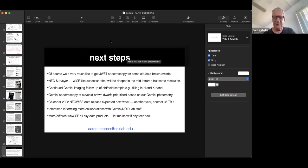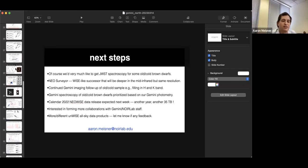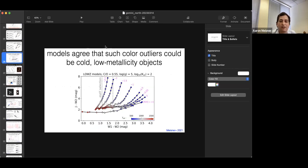I only got a quick look at your infrared spectra. It was surprising, and I guess due to the low metallicity, that there's so little, if any, CO and methane in the near infrared. Did I miss something, or is there really almost no sign of them? I'm not sure about CO, but we do think that the methane is driving a lot of what we see. The reduction of the amount of methane is driving a lot of what we see in the trends of color